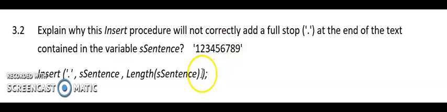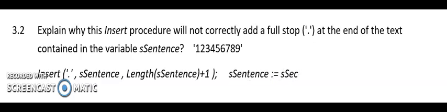This should be length plus 1, and we had that a little bit earlier in one of the multiple choice questions, or question 2, I'm not sure. So just be careful of that one there, and that's a common question to ask: write some code to add a $ sign to the end. There are other ways of doing it as well. Perhaps even a simpler way would have been to say s sentence. That's using the insert function, but we could have done something like this and said it's equal to s sentence